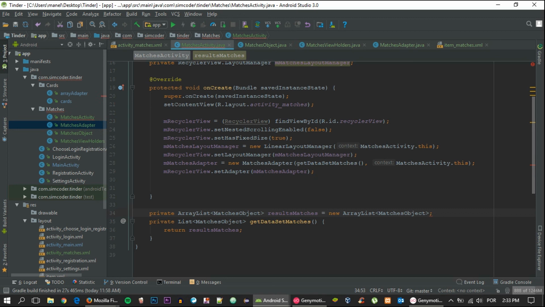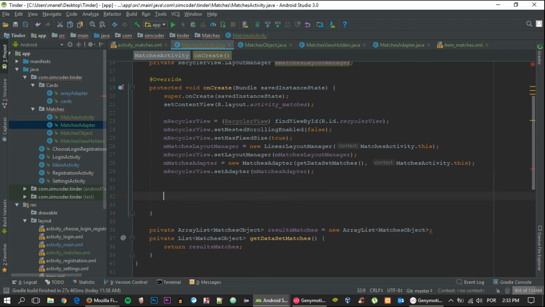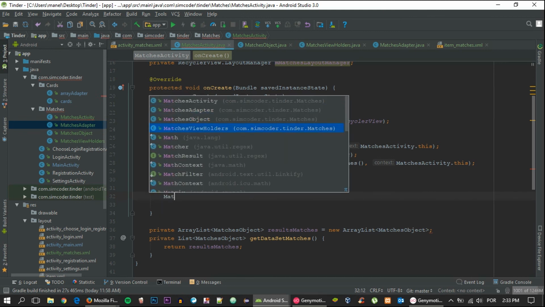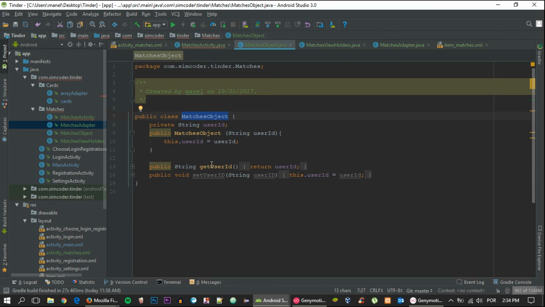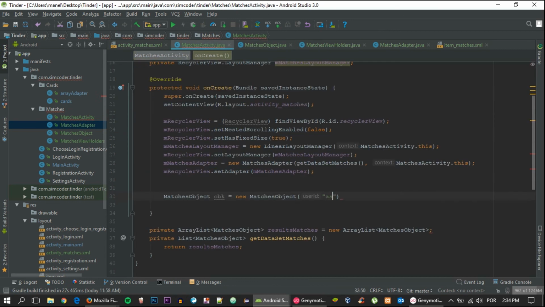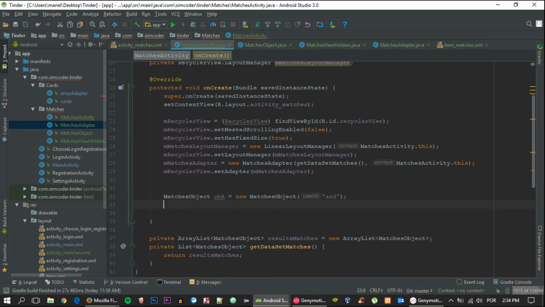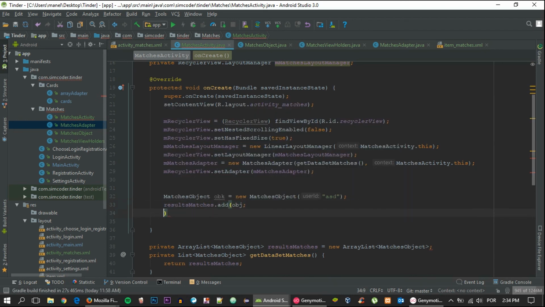Now I'm just going to show you how you can add items to the RecyclerView, and it is basically the same as the cards. So for that you only need to say, first of all, create an object of the type MatchesObject. So MatchesObject obj equals new MatchesObject, and because right now we only need to pass the user ID, I'm going to say AST, it doesn't really matter, and then we say resultsMatches.add(obj), and finally, and it's really important that you don't forget this,